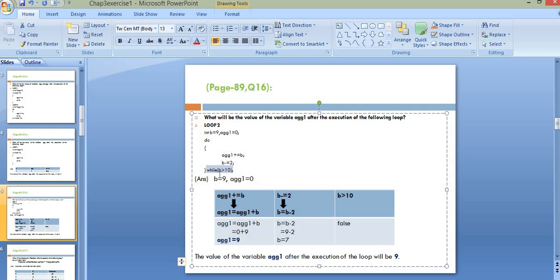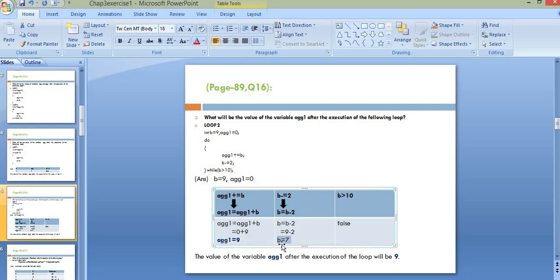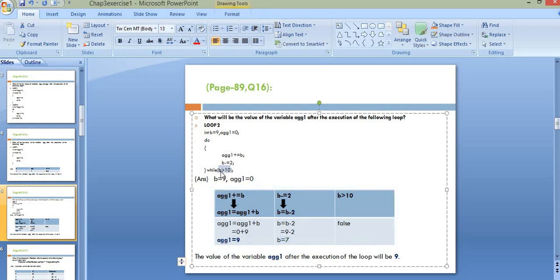Now let's find out the value of this variable called b. As of now, the value of the variable called b is 7, and obviously since b holds the value 7 and 7 is definitely not greater than 10, okay, so b greater than 10 holds false, as 7 is not greater than 10. As a result, this do while loop will not continue again, and these statements shall not be executed again. But before this conditional part gets executed, these statements already executed once,